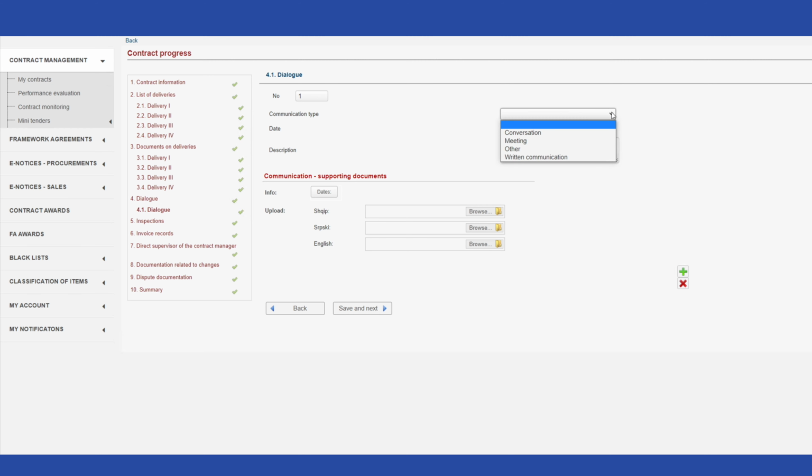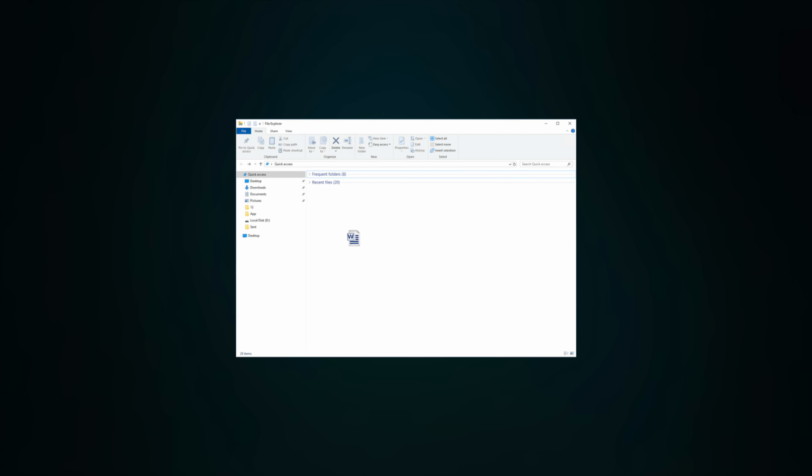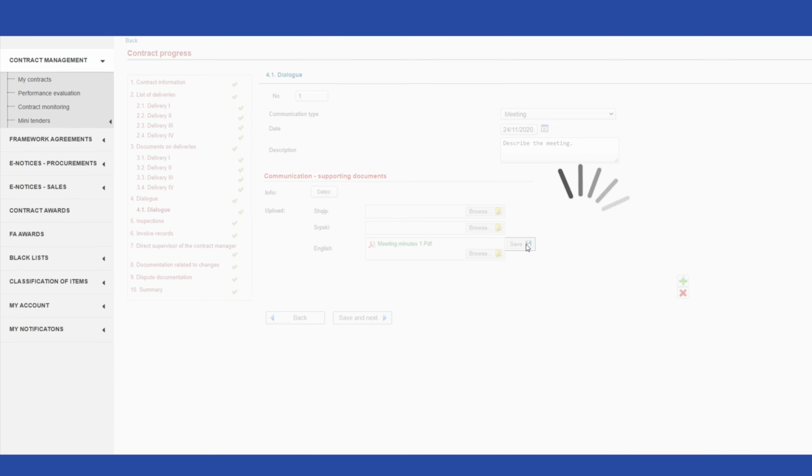Type of communication: discussion, written communication, meeting, other. Date. Description. Also, if there are supporting documents, meeting minutes, discussion notes, written documents, such documents may be uploaded in the system with the aim of preserving the entirety of contract documents in the